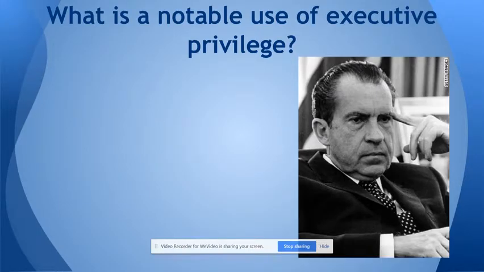So what are notable uses of executive privilege? Well, there are several. George Washington wouldn't disclose information about the negotiations of an important treaty. After September 11th, when George W. Bush was president, Congress often wanted information about the country's national security. Invoking executive privilege, Bush refused to give the information, claiming that only the White House was competent enough to manage